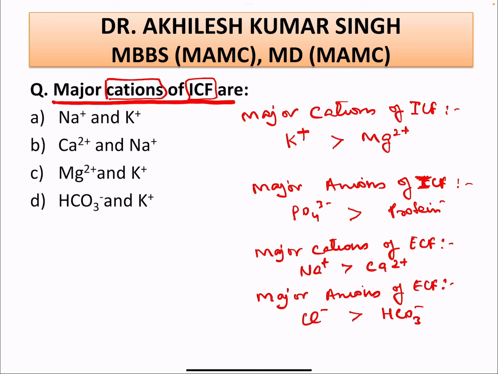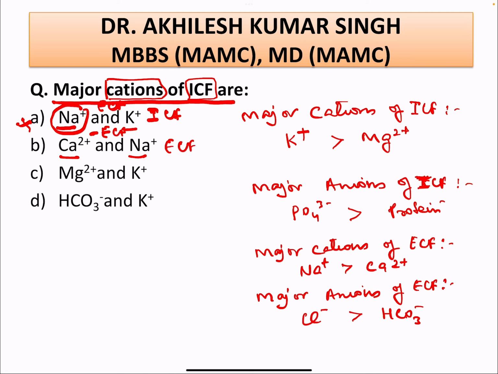Now come to the question here: the major cations of the ICF are. So the answer is A, that is sodium? For the ICF, no, not A, because sodium is for the ECF and potassium is for the ICF, so A is not the answer here. Calcium again is for the ECF, and sodium is also for the ECF, so